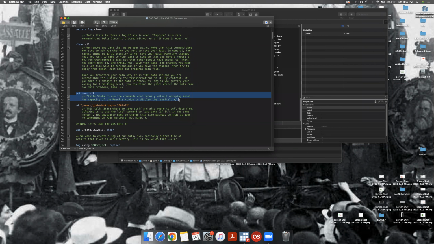Let's actually talk about something much more substantial now. So what we want to do next is change the directory. CD stands for change directory. And what we want to set this to is our working directory. And so first of all, a directory is a folder, more or less. So those are the same thing. And what we want to do is have a directory